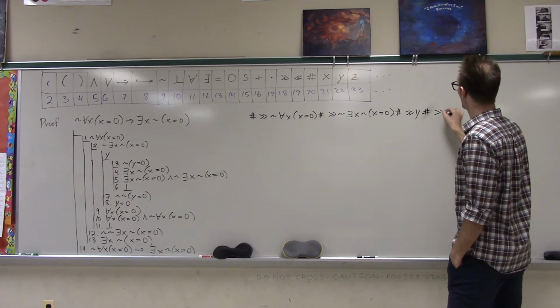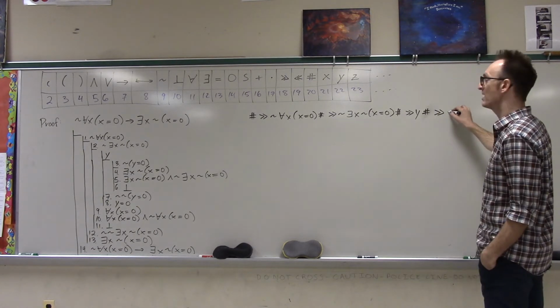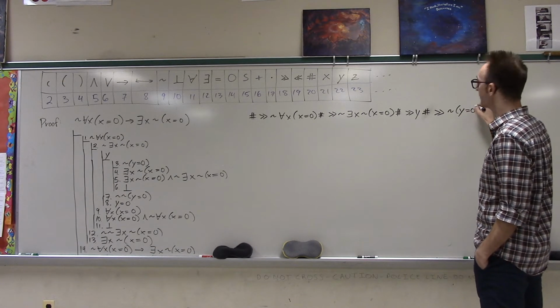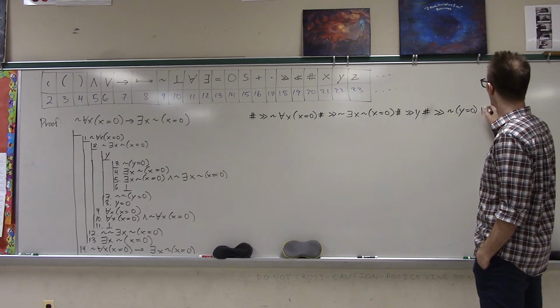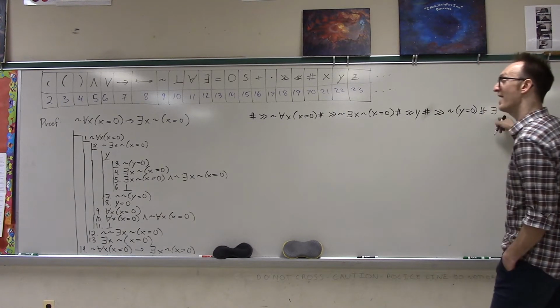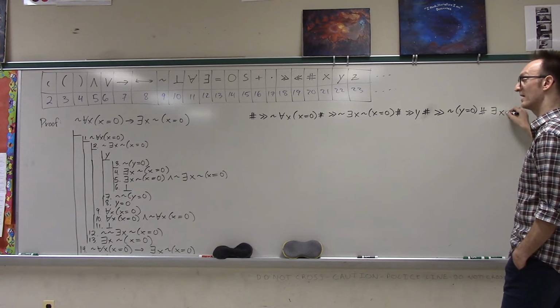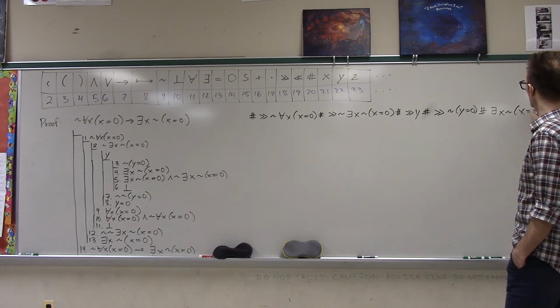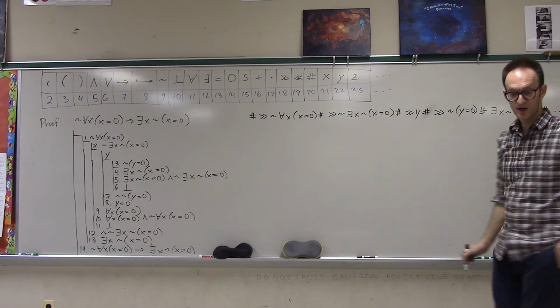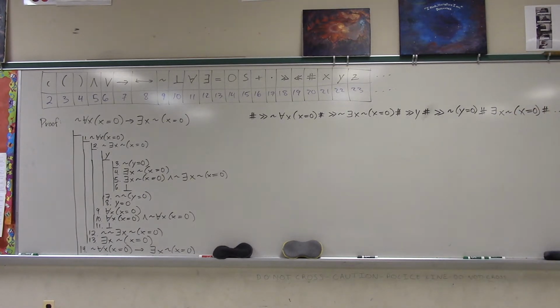Then tab in again, then not, paren, y equals 0, paren, new line. I'm going to just stop in a minute because this is terrible. Then not, paren, x equals 0, new line, all right, etc., etc., etc. Okay, I think I've proven my point,